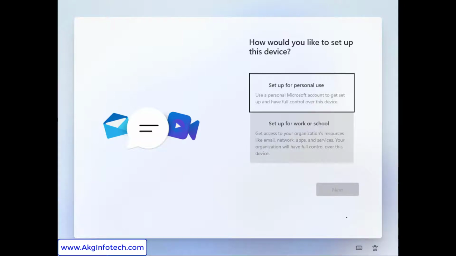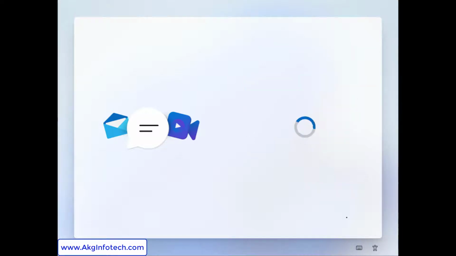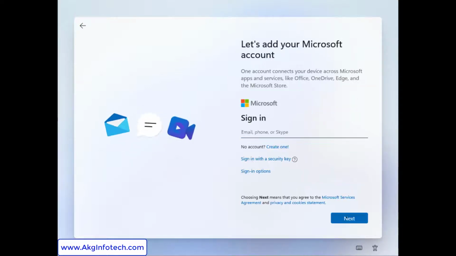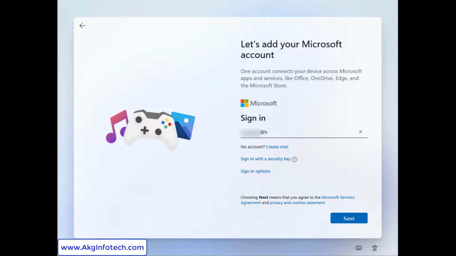I will choose personal. Friends, I hope you noticed one thing. It's a major change in Windows 11. It doesn't give you the option to create a local Windows account. I'll show you how to create a local account in Windows 11 later in this video. However, at this step you must have a Hotmail or Outlook account to continue. If you had selected work or school account, you should have an Office 365 account as well. If you do not have a Hotmail account, you can even create a new one from the create one option. I already have it, so I'll enter my Hotmail email address.